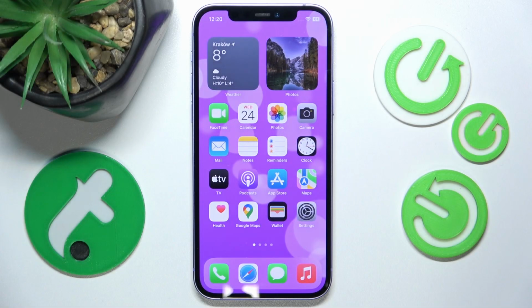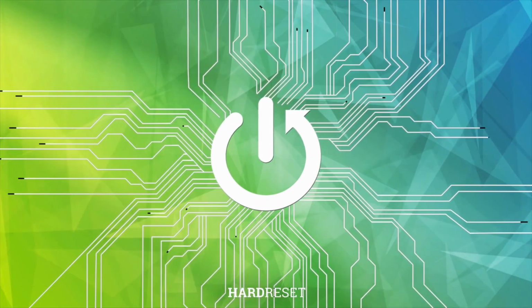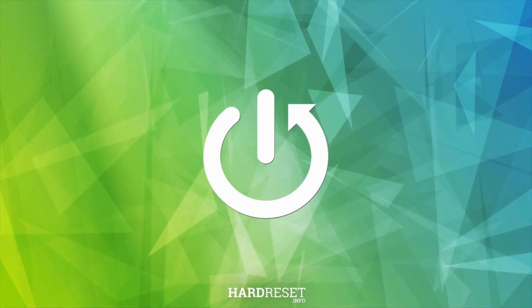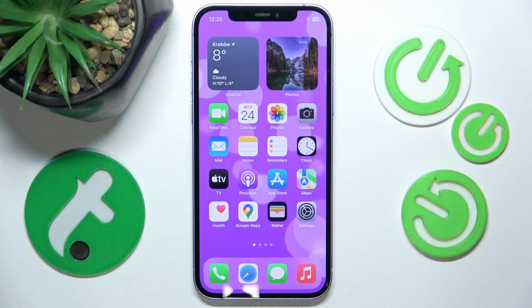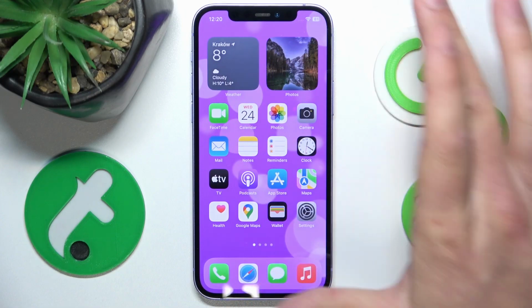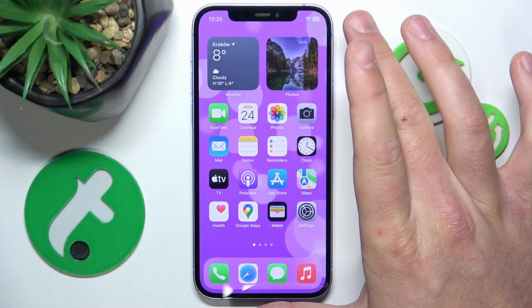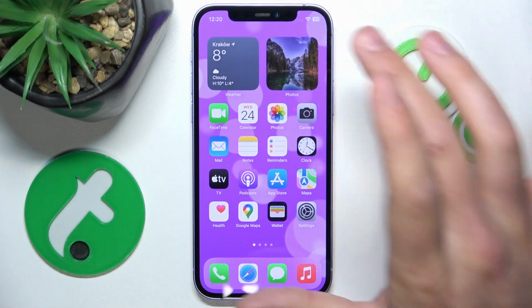Hello, in this video I'm going to show you how to enable or disable the live activities when iPhone is locked. So today in front of me is the iPhone 12 with the iOS 17.4, but it really doesn't matter which iPhone you have or which version of the iOS you have, it is all going to work the same on